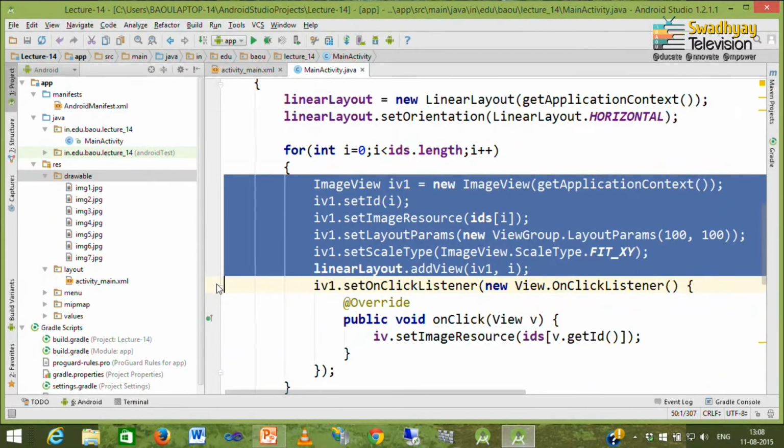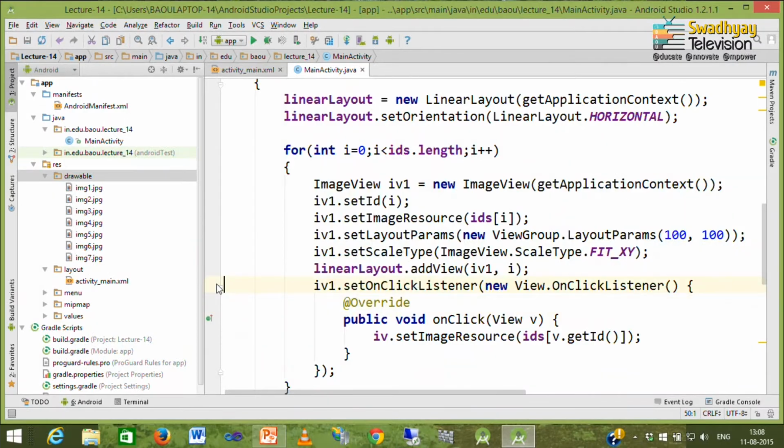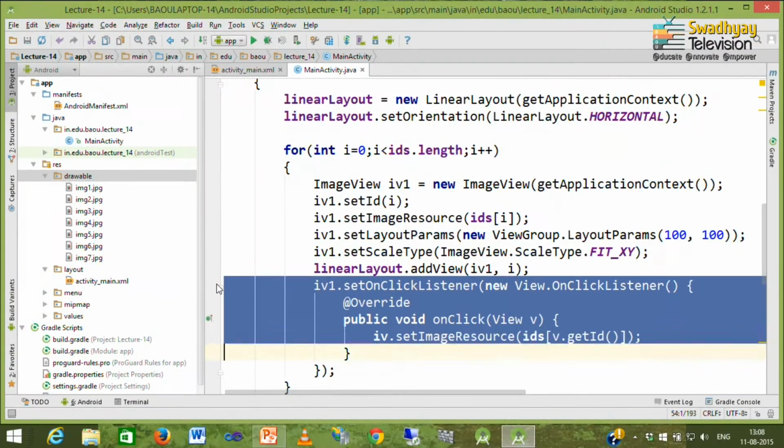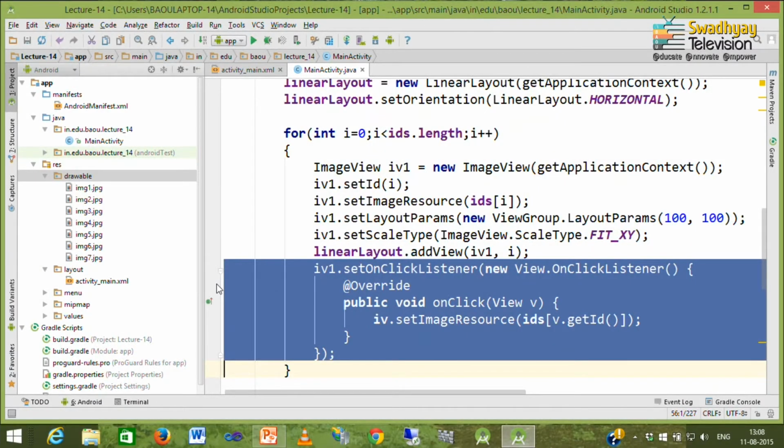But what about the click event of this image view? So, we have to write code for handling the click event of our image view. The highlighted portion shows what to do when an image view inside the linear layout is clicked. So, here we implemented set on click listener.